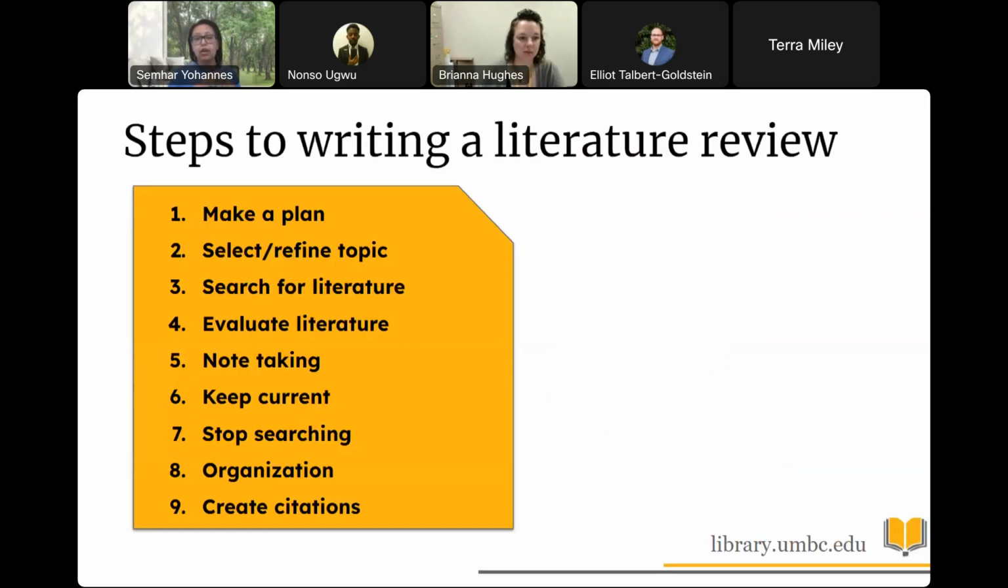Okay, so let's talk about how you actually put together a literature review. And so what Brianna and I have done is sat down and thought about the different steps, and these are the steps we think are the ways for you to have a successful literature review product. So first thing, make a plan, select and refine your topic, search the literature,